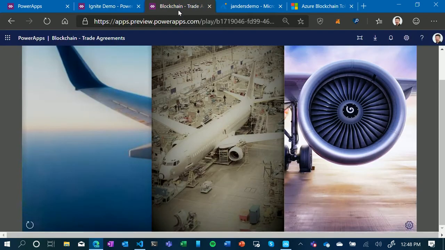So let's look at a trade agreement scenario, okay? Let's say you're an airplane manufacturer, you could be Boeing, Airbus, or whatever. And this is a very simplistic scenario, so bear with me, but I want to point out a couple points about it. If I'm an airplane manufacturer, I don't make the engines, I buy them from GE or Rolls-Royce or somewhere else. The same goes for wings as well, and a bunch of other components in an airplane. Boeing doesn't make all these things from scratch. So they have trade agreements with all of these different suppliers, right?